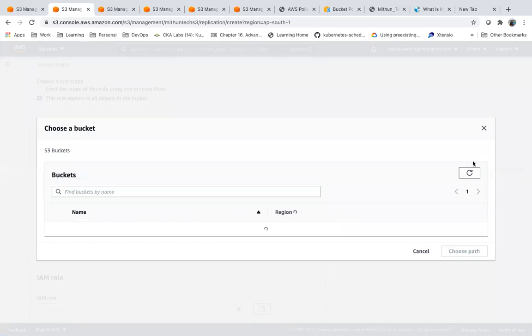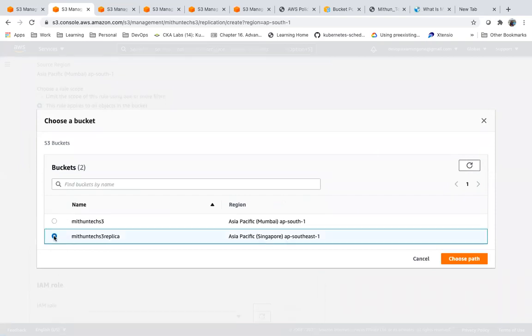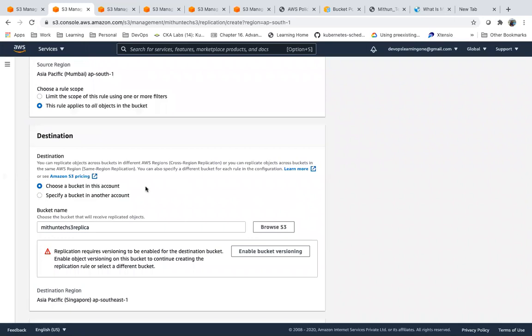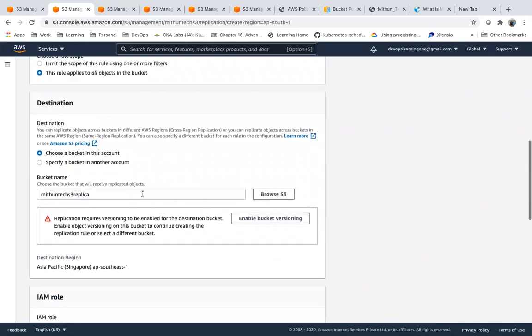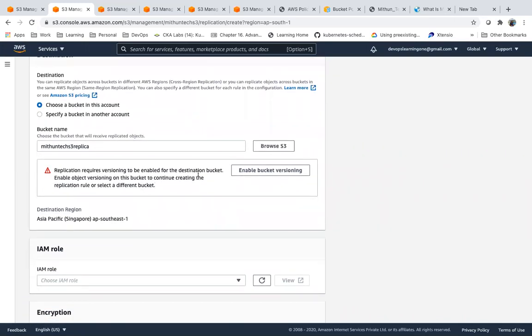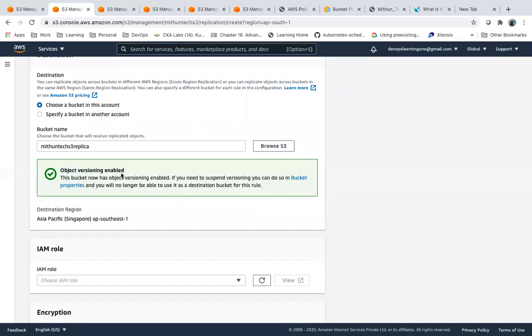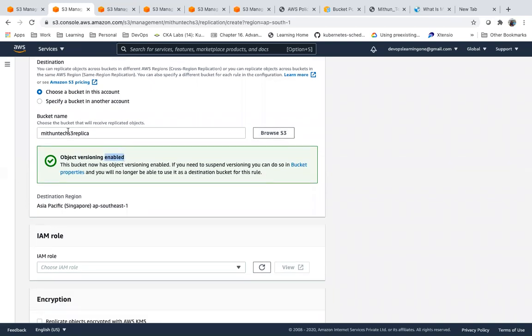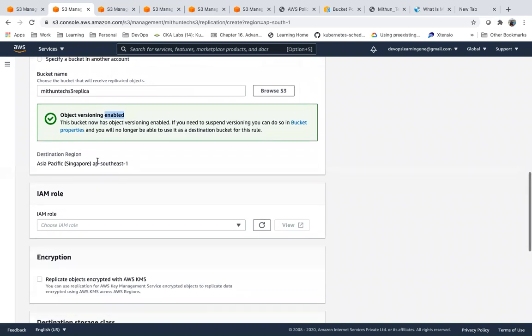Yes, now it got refreshed. Now this is my destination, and I'm trying to create a replication. But one important thing to remember, guys: versioning should be enabled if you want to do the replication. So we have enabled the versioning in the destination also.